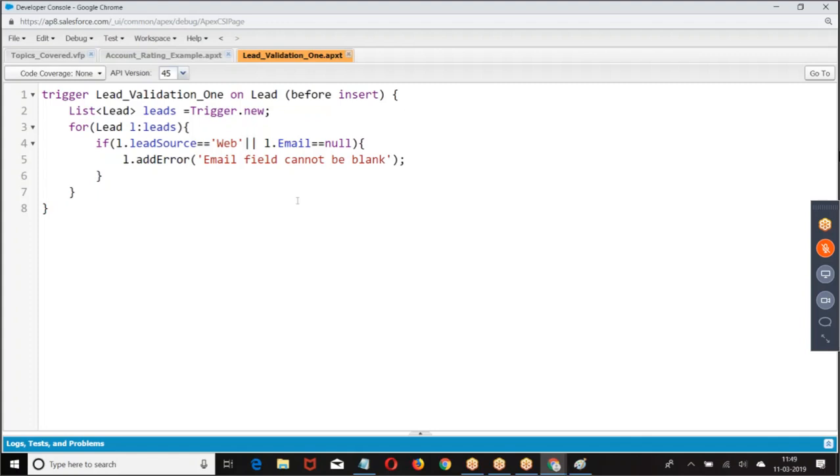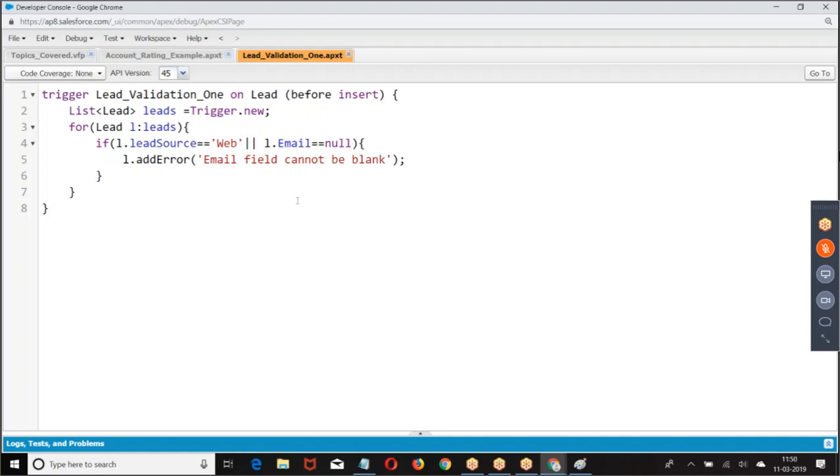Now, you may have complex scenarios. We are not straight away verifying the data in the record. We want to associate this data with some other objects. Let us say I am trying to insert a new record. If the account already has more than 2 contacts, the third contact cannot be inserted.